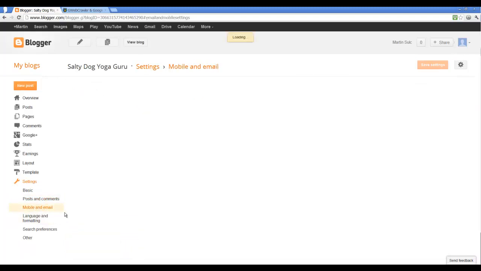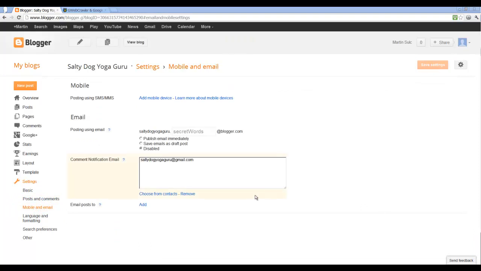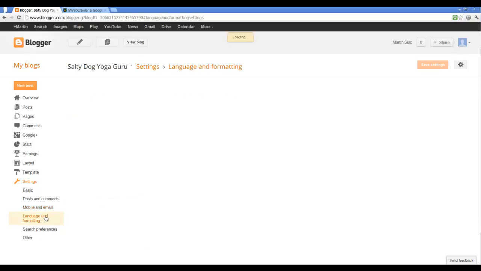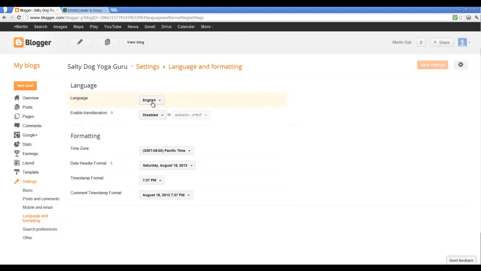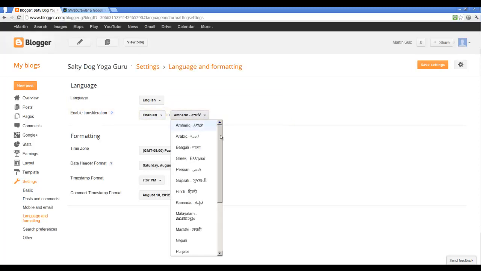Mobile and email settings: if you want to set up posting by your email address in here, or comment notification, whenever a comment is made you'll get an email to show it has been, and you can also add other email addresses for the posts. The language, you can have it in whatever language you want, and you can also enable translation, but if you do, you can only pick a certain language to have it translated into,